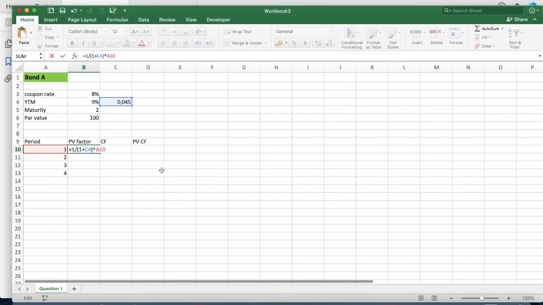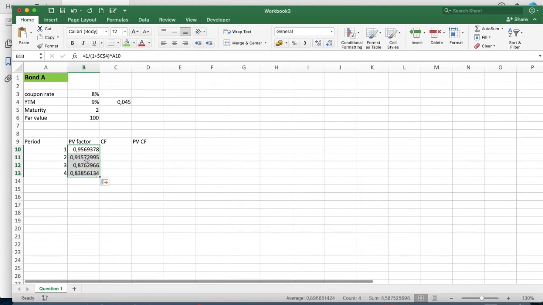So all we have to do is just to add the dollar sign to the reference cell, and that's it. And we can scroll down and we have the remaining present value factors. Now the cash flow paid by the bond is equal to the coupon payment, which is the par value